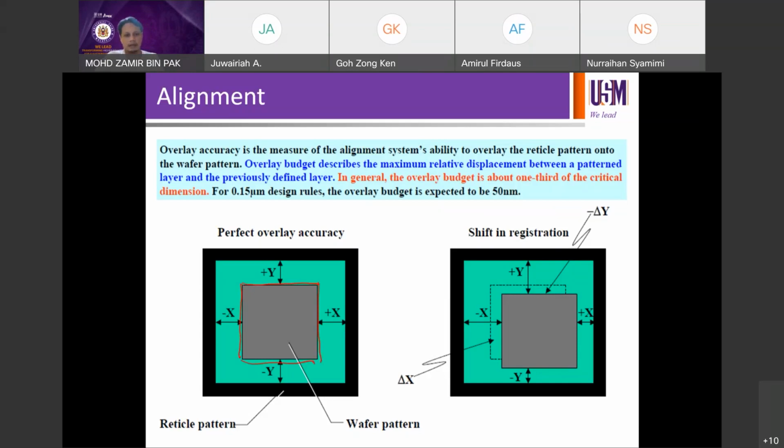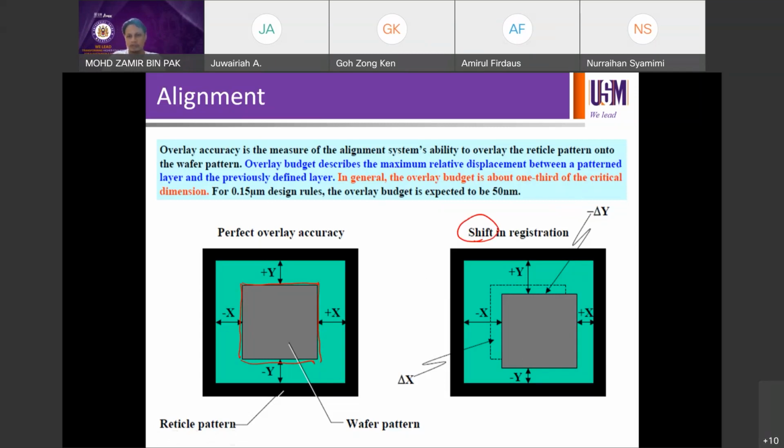So you can see that the box, in this case the feature, is well positioned, well printed inside the area that we intend to print. And on the right hand side, we have a shift in overlay,